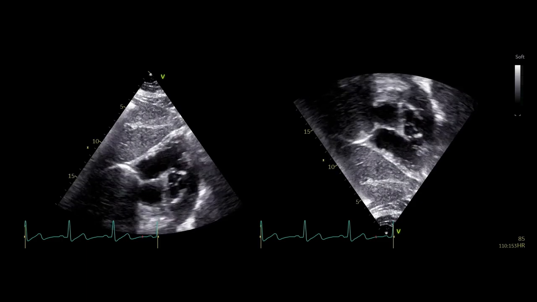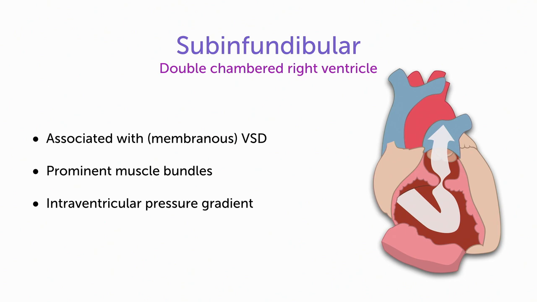Matthias, what is the diagnosis here? Well, this is a very interesting finding and an important diagnosis to make. Really, this patient has a double-chambered right ventricle. So what is that? A double-chambered right ventricle is frequently associated with a VSD. And one theory is that the high-velocity blood flow that comes from the LVOT into the right ventricle leads